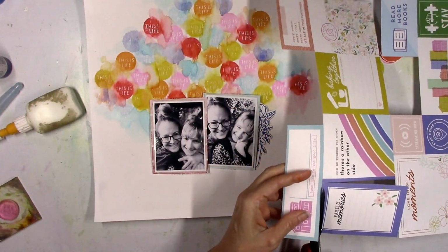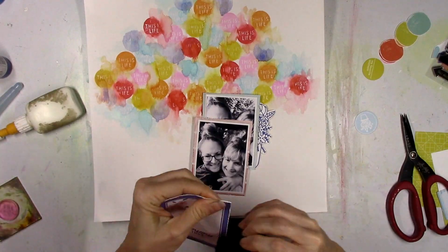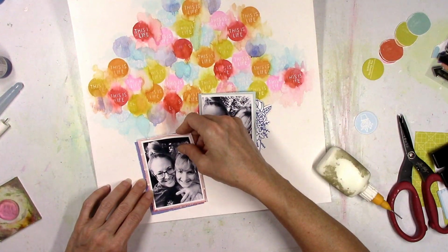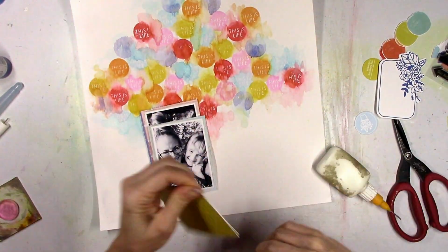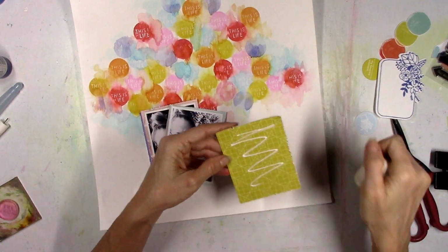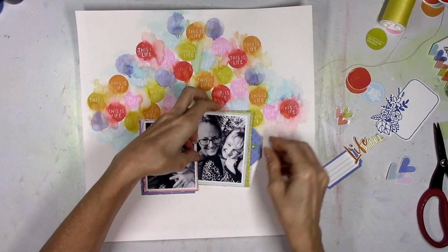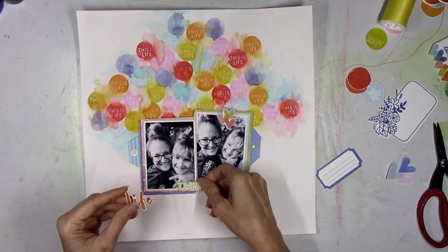And so my pictures are going to take up pretty much the rest of it. Once I get all my layers done here, I'm only going to have so much space left for adding extra things. And I don't want to cover up a lot of the circles because I love that background and I love how that looks, and it's kind of busy. So I want to leave a lot of the lower portion of the layout white to give it some rest because it's so busy. I'm going to use a couple of the exclusive die cut tags as layers, and then